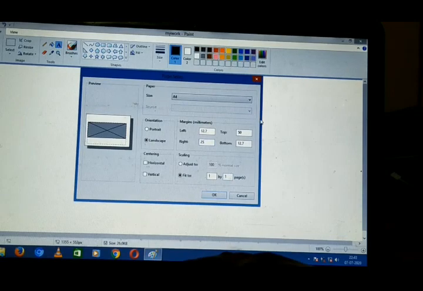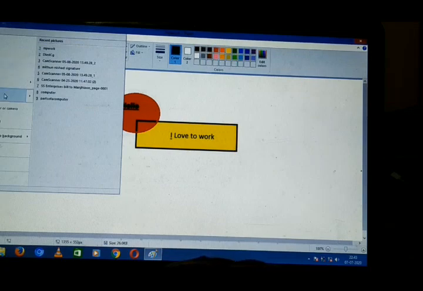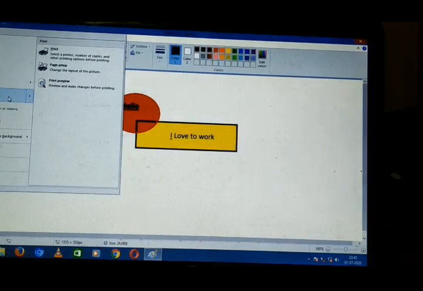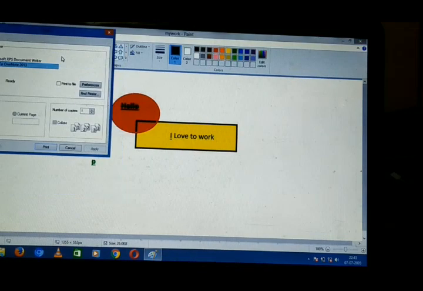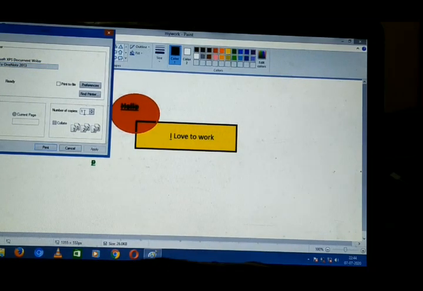So totally we have discussed how the printing takes place, which kind of paper you want to use, which kind of printing you want, and how many copies you want to print. So these are the options. You can get how many pages, number of copies. I can select the number of copies from the Print option. Here it is by default showing 1 page.